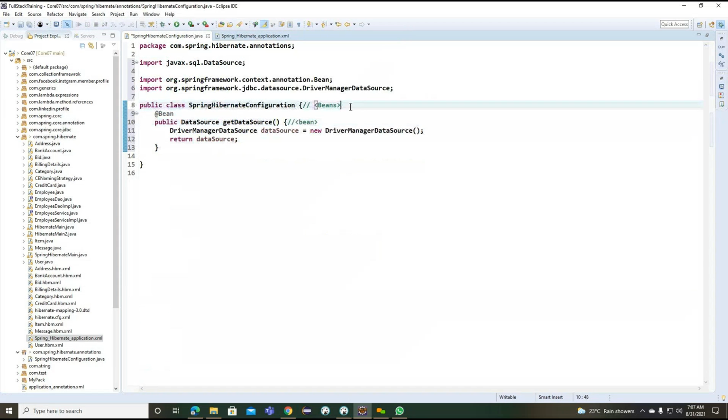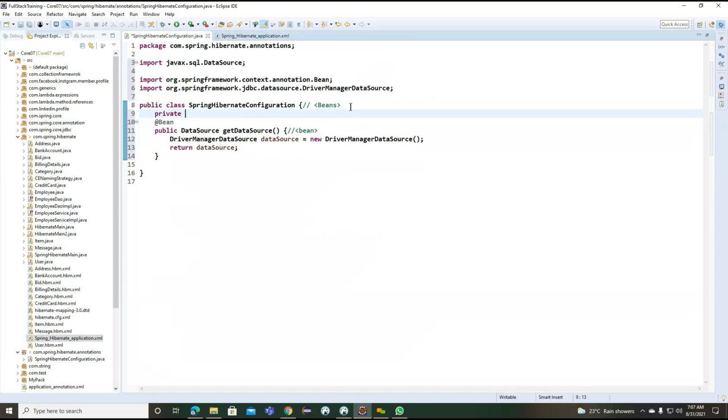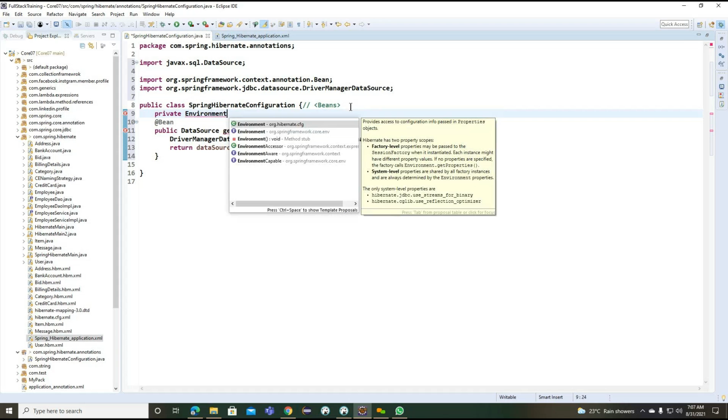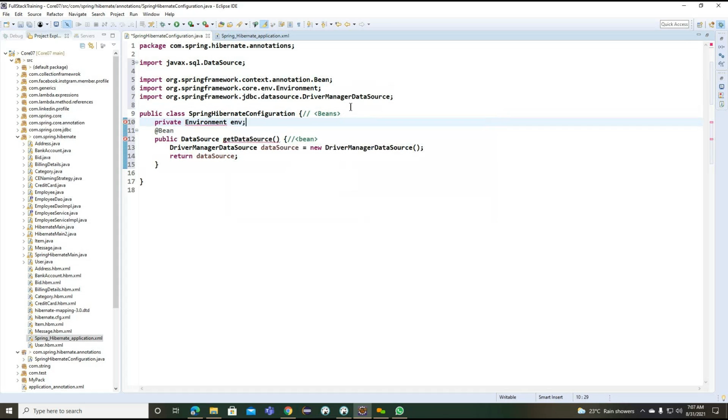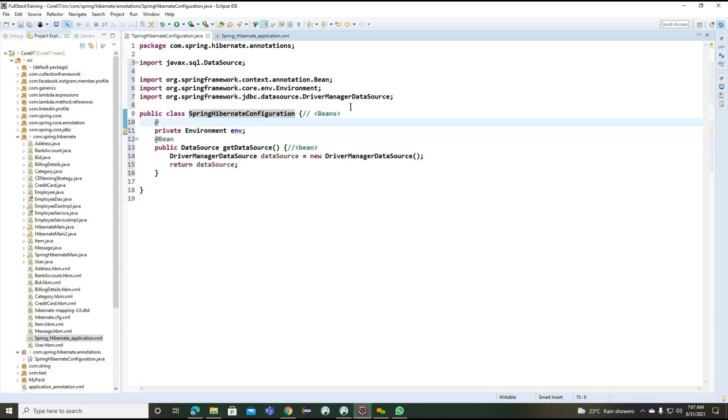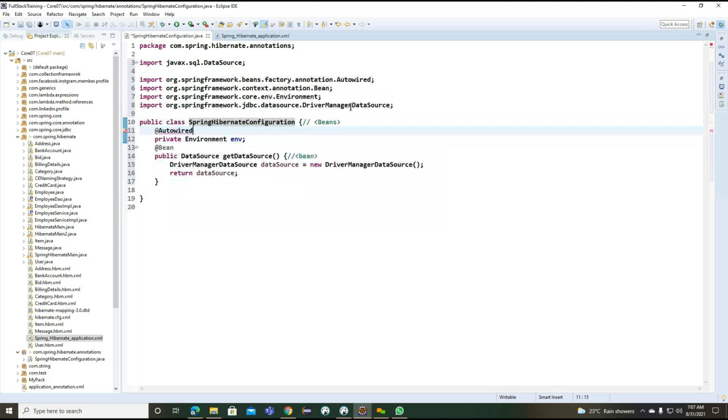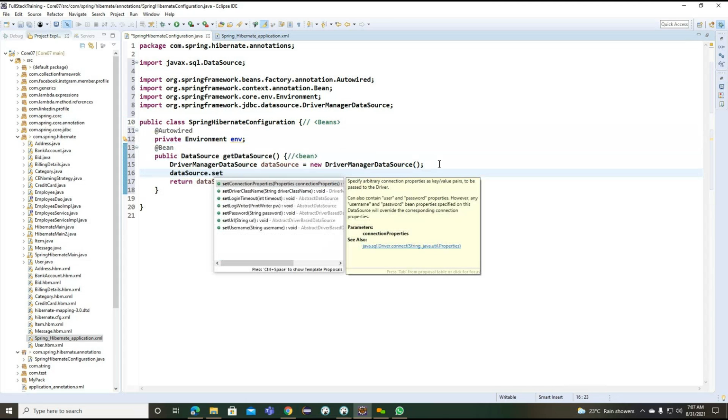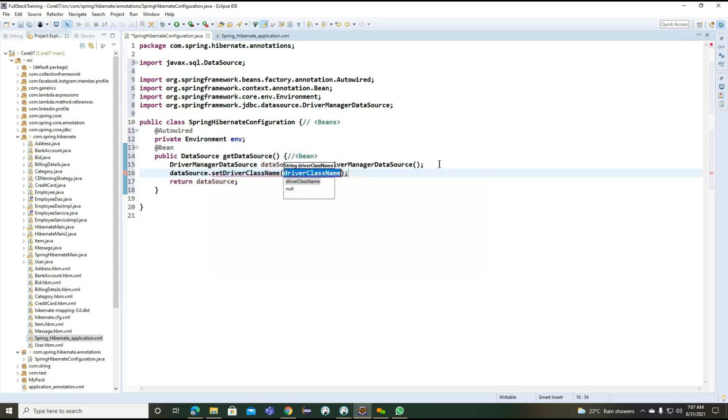Now if you observe, Autowired and now you can see driverClassName. This driverClassName we need to set.